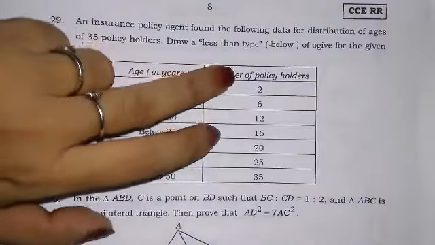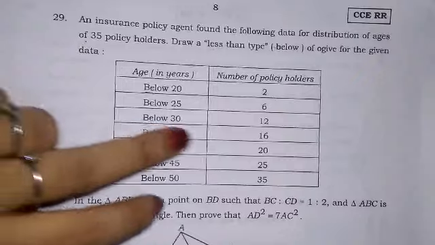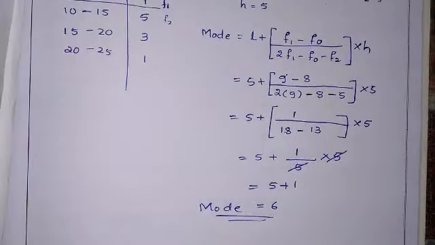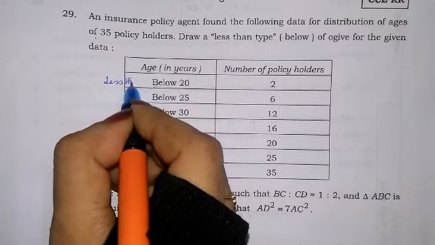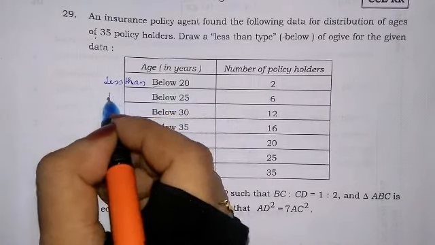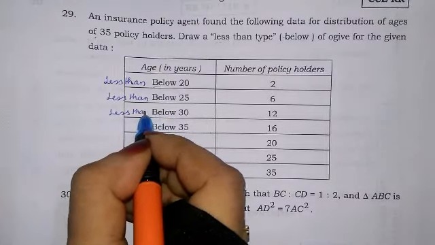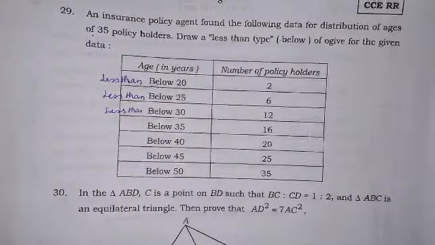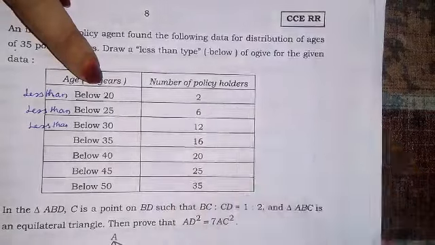Here they have given the CF only. You can see it is increasing. So the question is direct. You only have to plot the OG. Below is nothing but less than only. You have to write less than 20, less than 25, less than 30, and the CF is already given. This given column is nothing but CF. Okay, so now what we have to do is